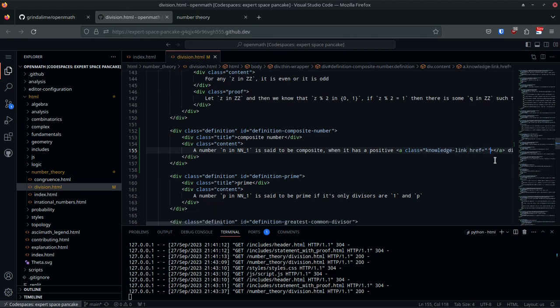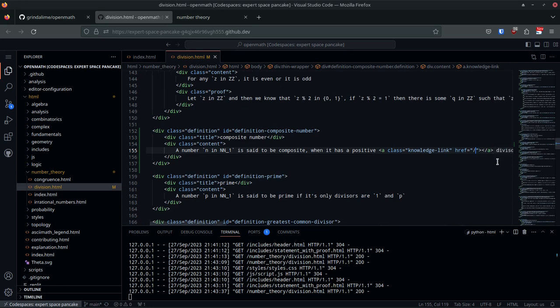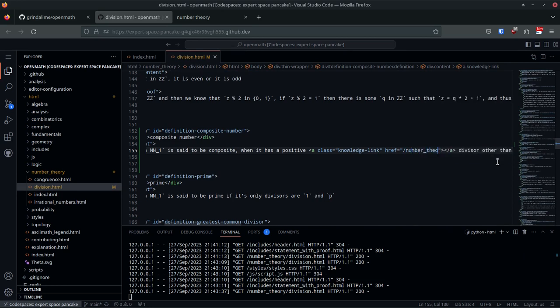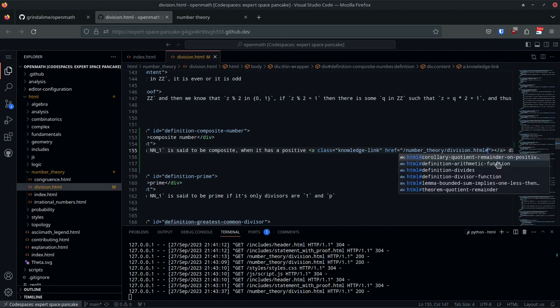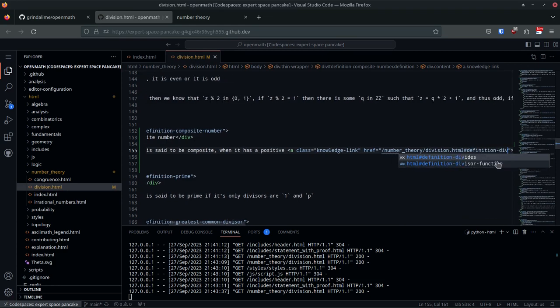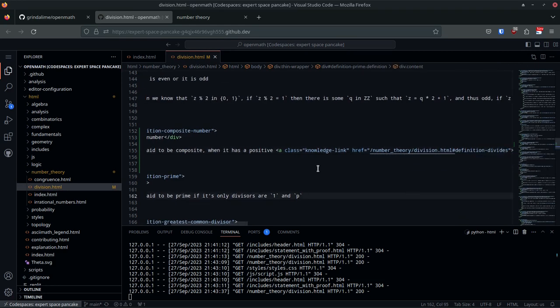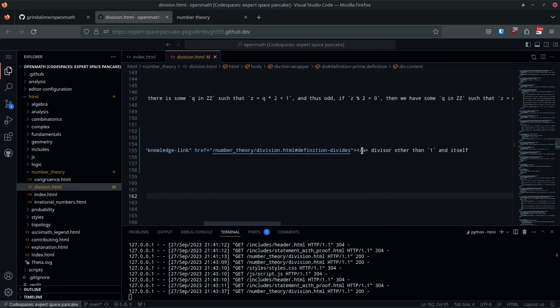Now for the href, we want to link to this file. So we start by typing, looks like I missed a quotation there. We start by typing number 3, and then the file, which is division.html. Then we use ampersand, and then we use definition divides. Okay, so with that in place, we have the link. Now let's place the text we want linking there between the tags. So divisor,